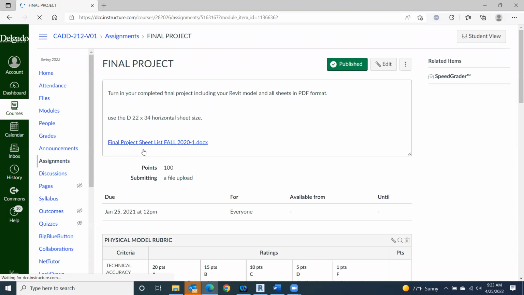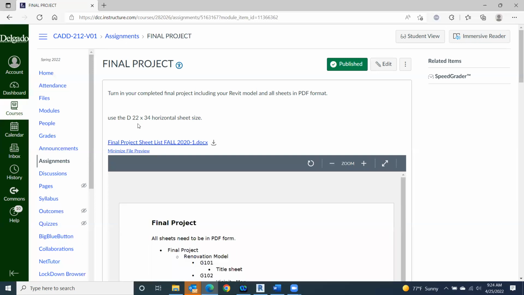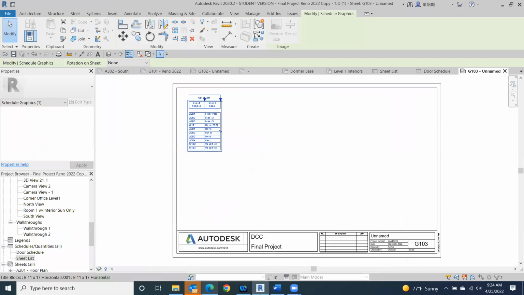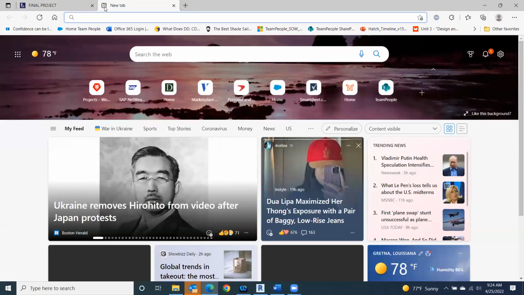I need to edit this for y'all. Actually, use that 22 by 34 sheet, and here we go. So the vicinity map, table of contents, which is the sheet list, and then all your schedules. And we did vicinity map before, so we'll just do it again one more time, just so you have that information. So if we went to Google Maps,